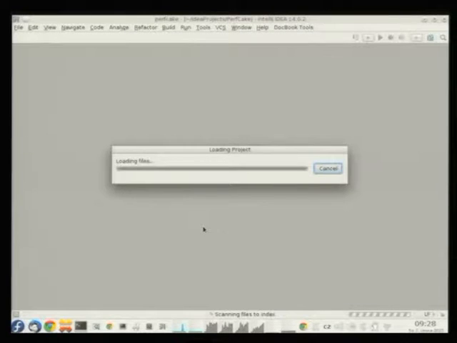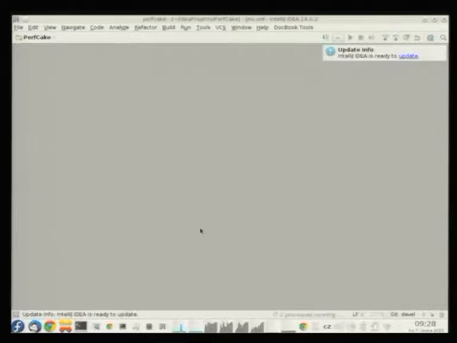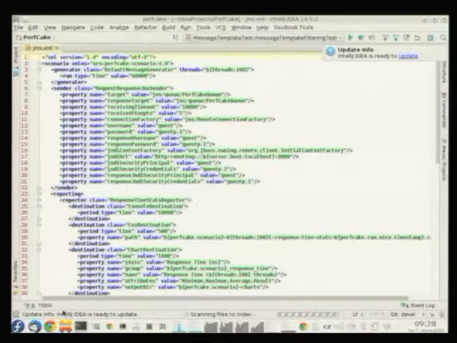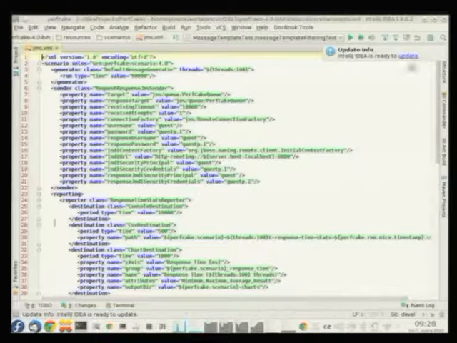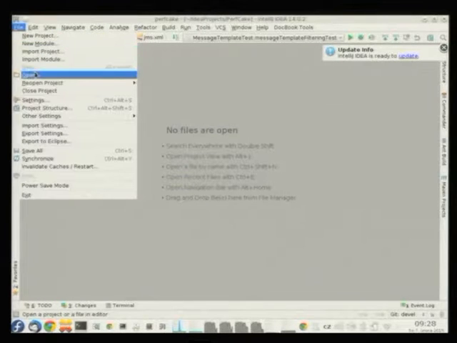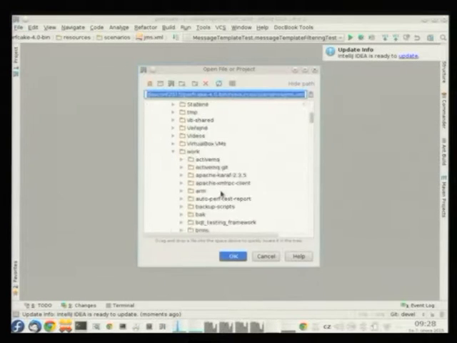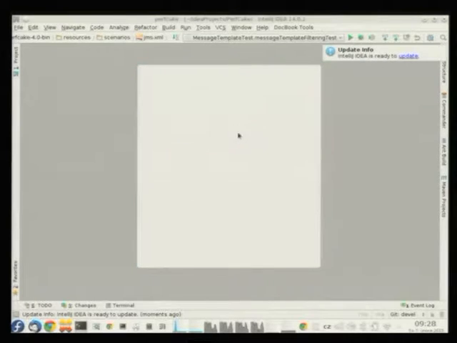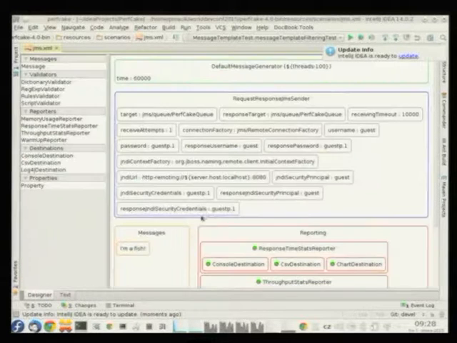Okay, we are going to give it a try. Are we lucky today? Okay. Yeah, that's it. That's the plugin in IntelliJ IDEA.